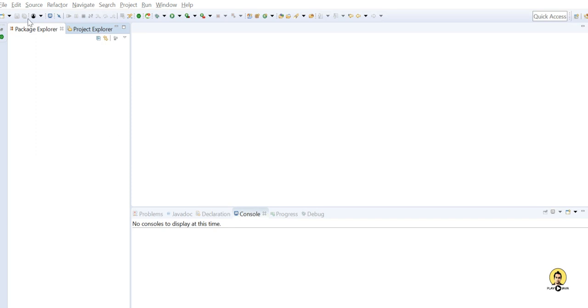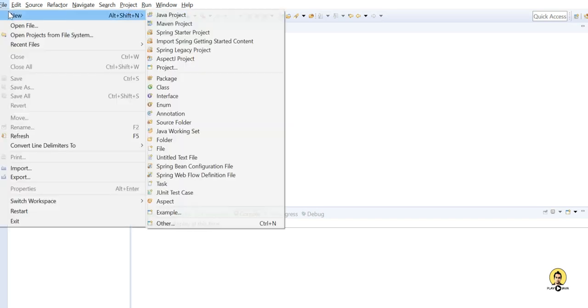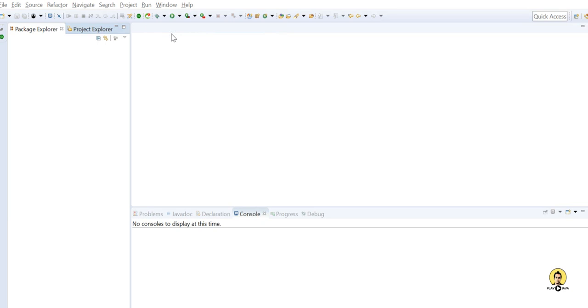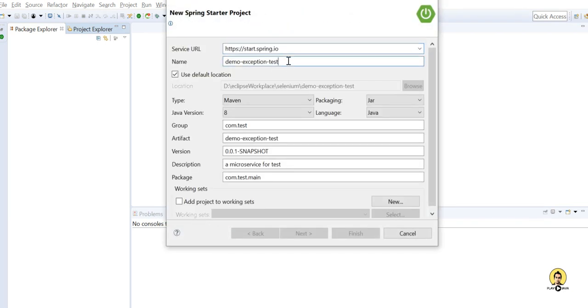Hi, today we are going to create a custom exception framework, and this is not to be confused with the custom exception creation in Java. We are not only creating a custom exception, but we are also going to handle everything related to exceptions. And these are the things which are being used nowadays in real-time projects. So we are going to create that.